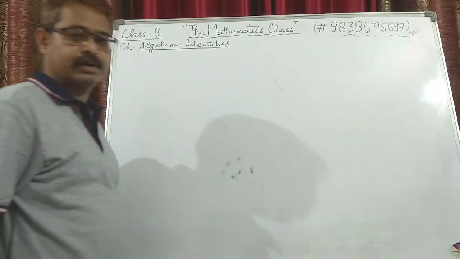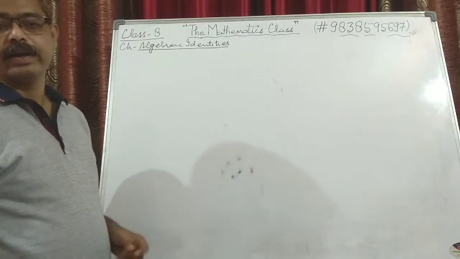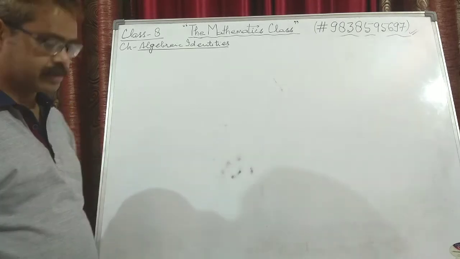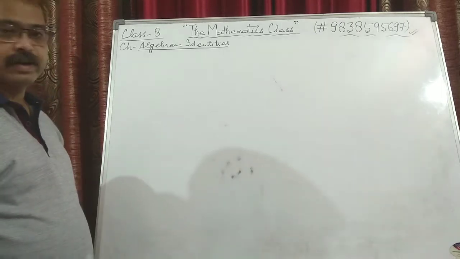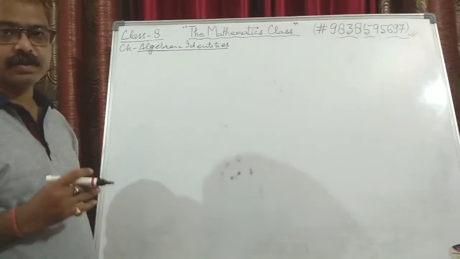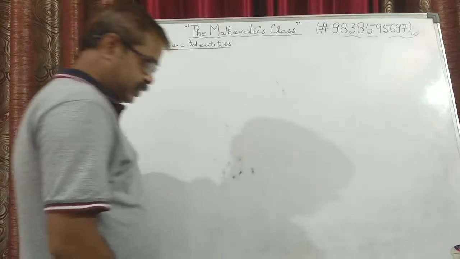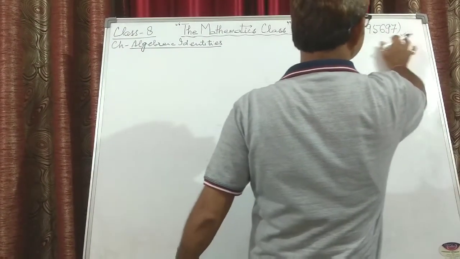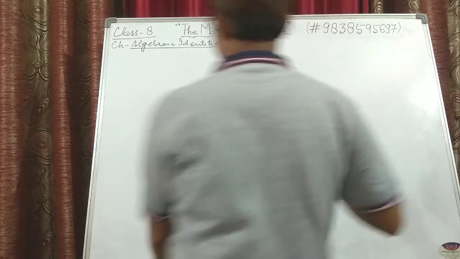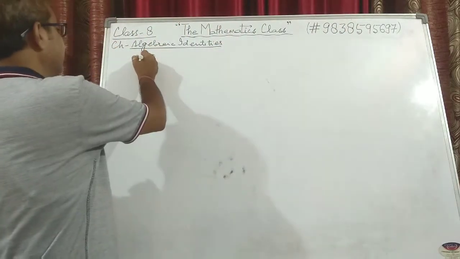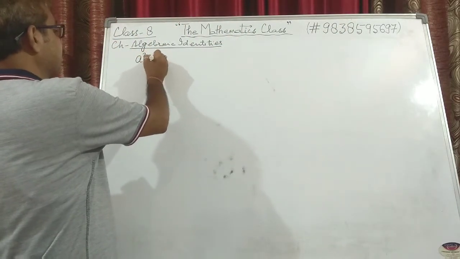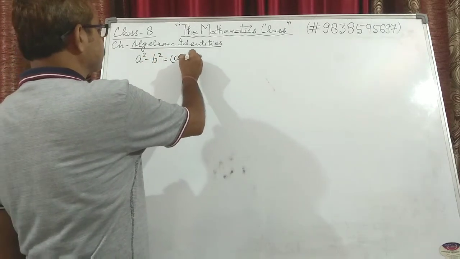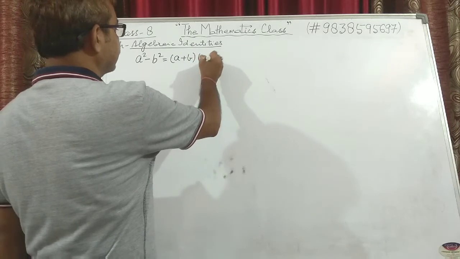Mathematics class. This class is for class 8 in continuation to the previous class of algebraic identities. In the previous class we have done up to exercise 13b. Now today we will be discussing a new identity and a new exercise. So that new identity is a square minus b square is equal to a plus b multiplied by a minus